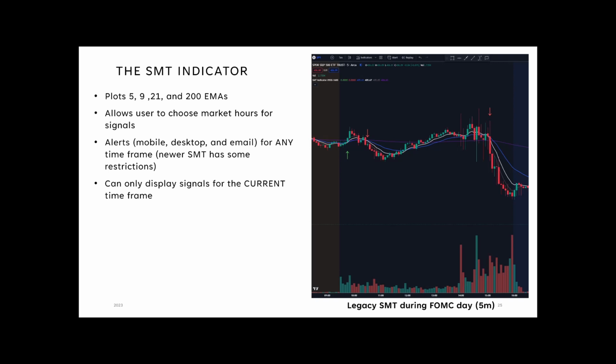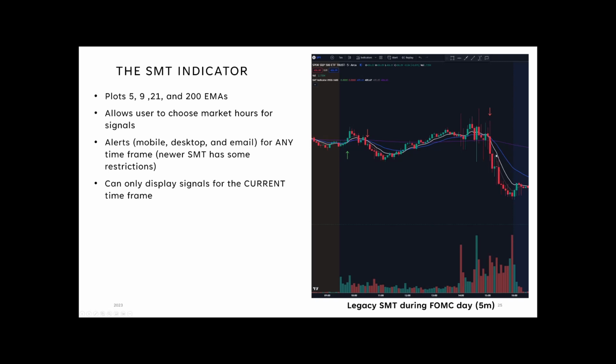You can see this was FOMC day. We had a little push to the upside there, and we had the sell signal, formed a bear flag under the EMAs, made a push to the downside, and then we caught this 5-minute sell signal right here, and you can see this closed below. This was the lowest close out of all these candles. We had some support right here and we closed below,